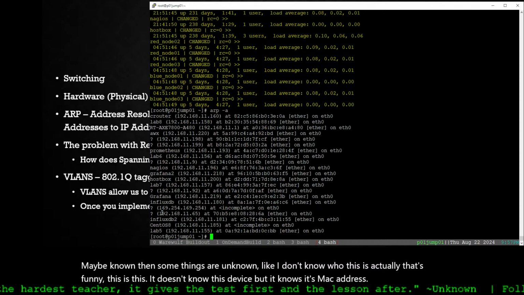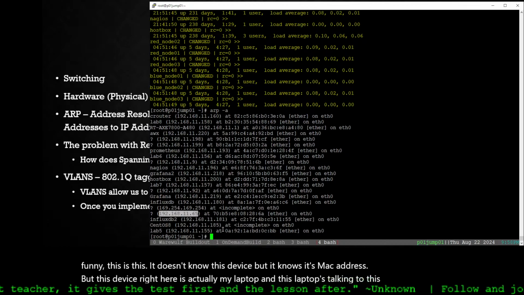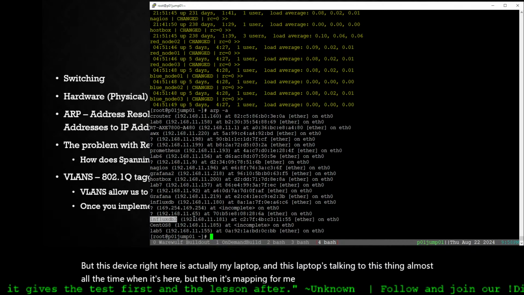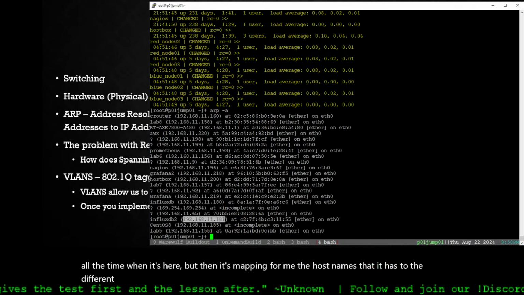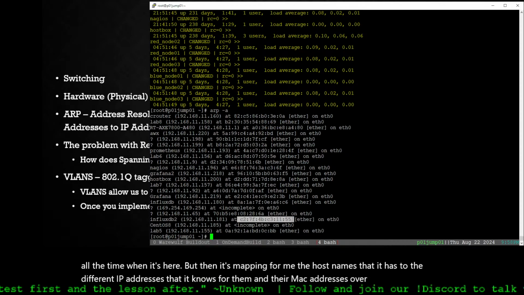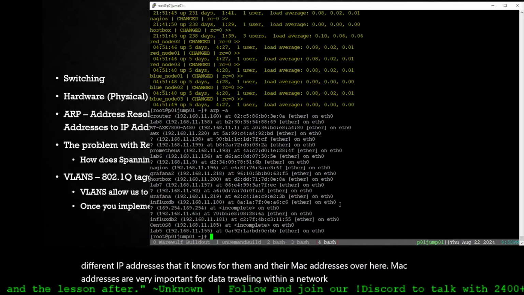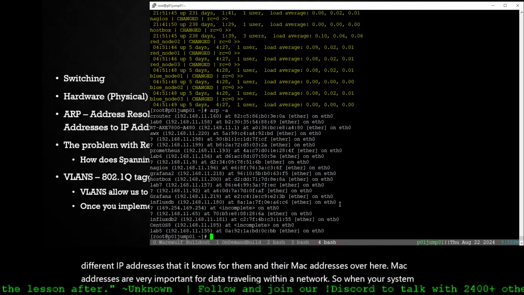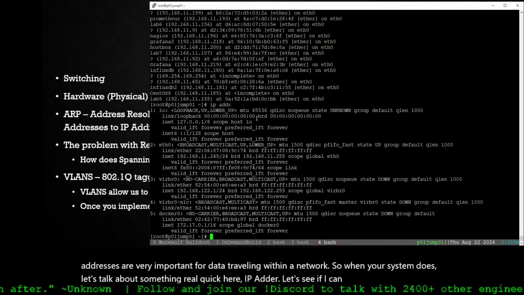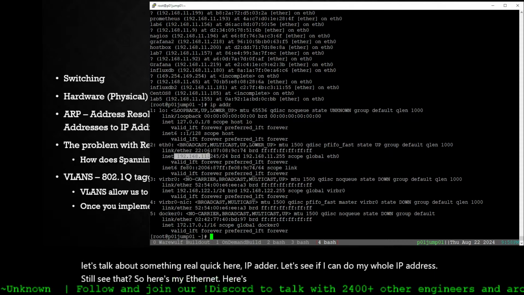But this device right here is actually my laptop, and this laptop's talking to this thing almost all the time when it's here. It's mapping for me the host names to the different IP addresses it knows for them and their MAC addresses over here. MAC addresses are very important for data traveling within a network. Let's talk about something real quick here. ip addr. Let's see if I can do my whole ip addr and still see that. So here's my Ethernet, here's my internal network,